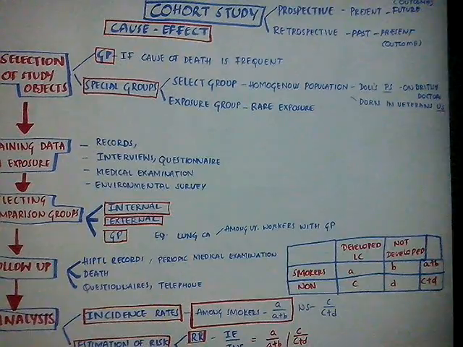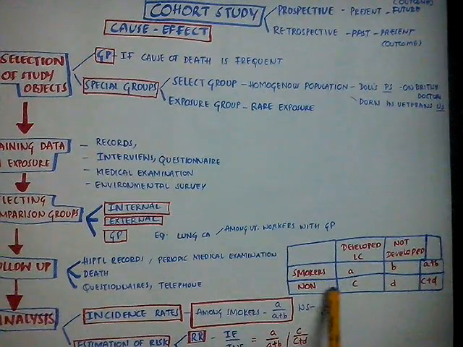Then comes follow-up. Follow-up is by hospital records or death records, questionnaires, telephone calls, or periodic medical examination of each member of the cohort. But it is relatively tough doing the follow-up because the people may migrate or they may die or they lose interest. Then comes analysis. In cohort study, we can analyze the incidence rates as well, whereas in case control, only exposure rates are studied. In incidence rates,